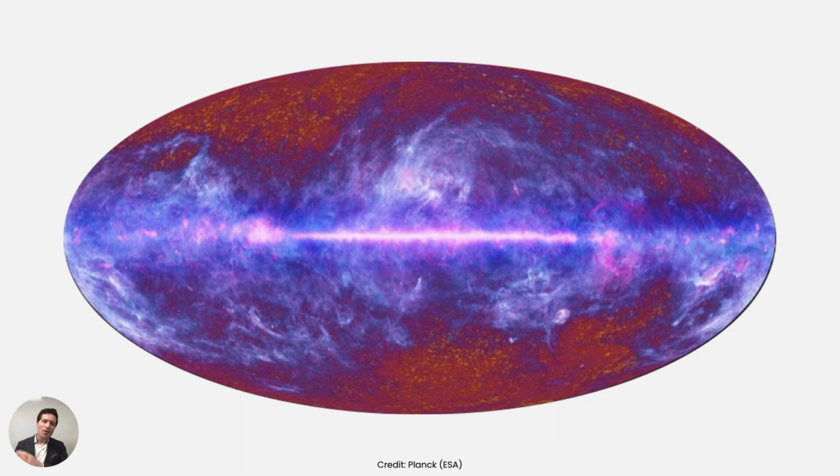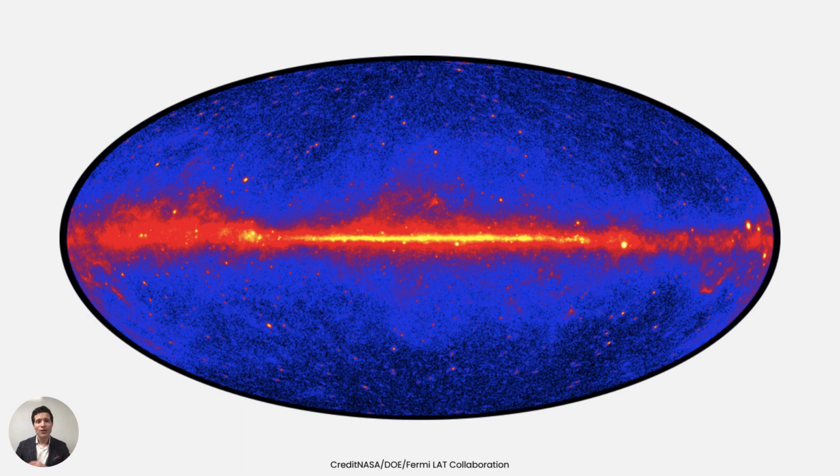If we go instead to the other end of the spectrum, from the very cold, low energy universe to the highest energy, now seen in X-rays or even gamma rays, we have a really different view. Again, we see the disk of our galaxy. You can see blobs along it. Those are the explosions of stars known as supernovae, the shock waves of which are ripping out into our galaxy, slamming into the gas and dust and heating it to millions of degrees Celsius or Kelvin, and then they glow brightly in gamma rays. There are also little dots dotted all around the heavens.